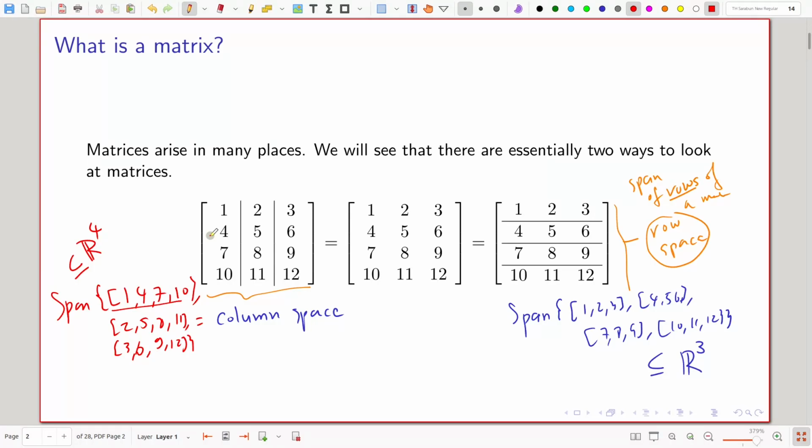So what can we talk about these spaces? Last time we talked about basis. You remember basis? When you have a space, you can talk about the basis. This is like the vectors that form the skeleton of the space. So we'll look at the basis of the row space and column space of the matrix.